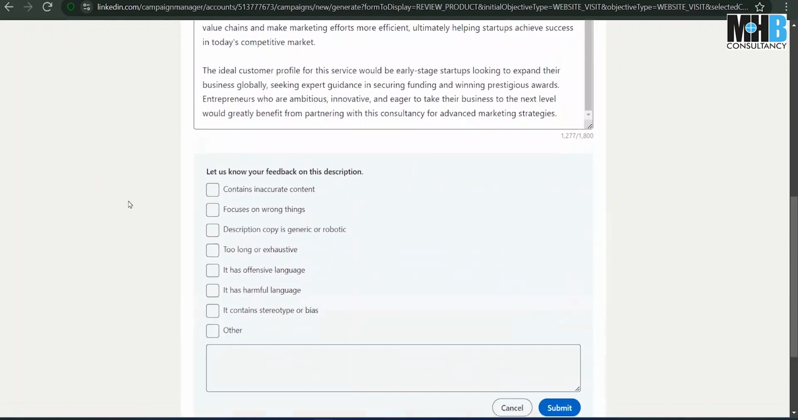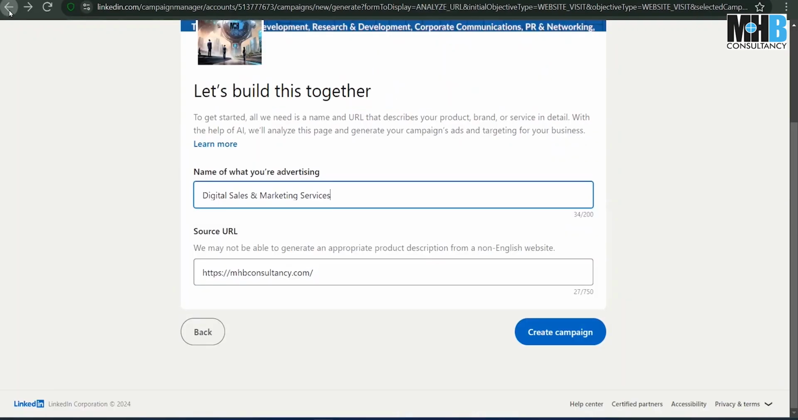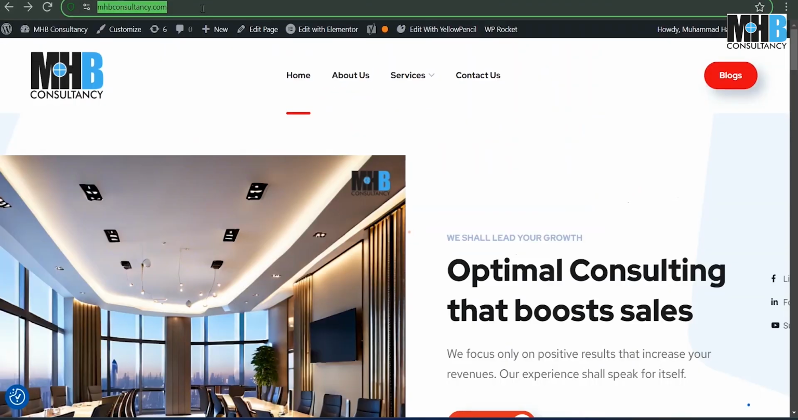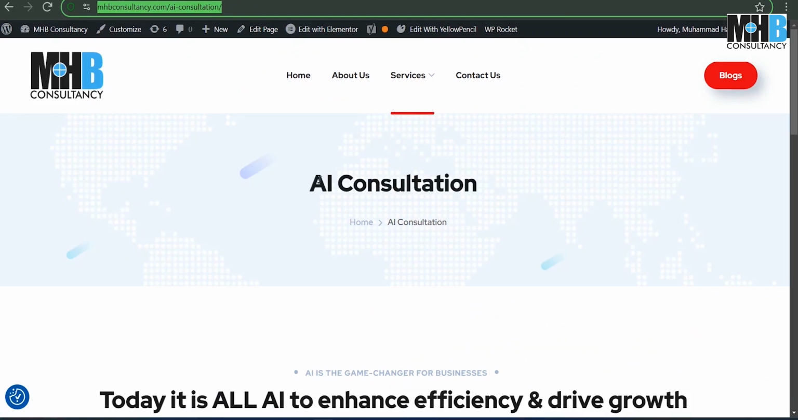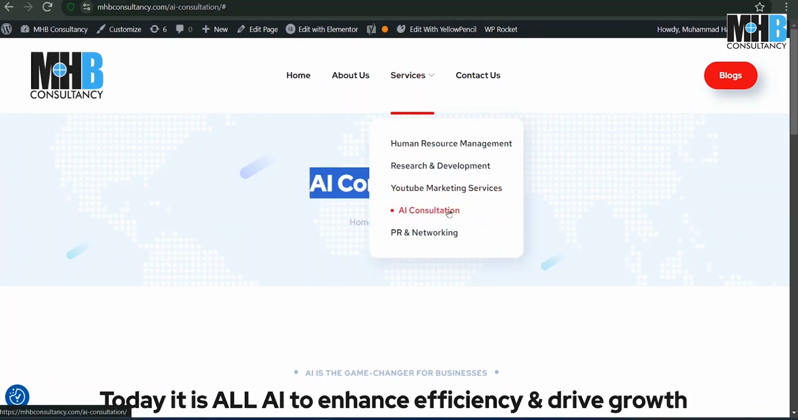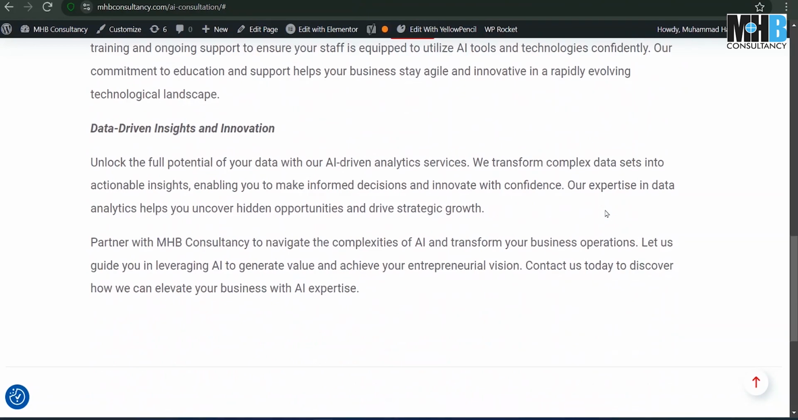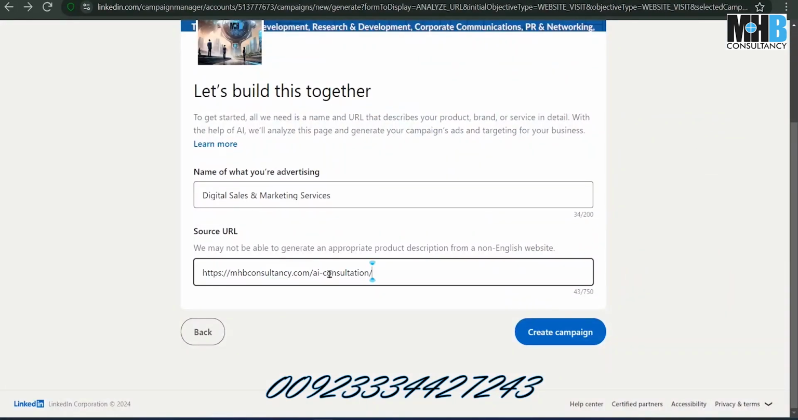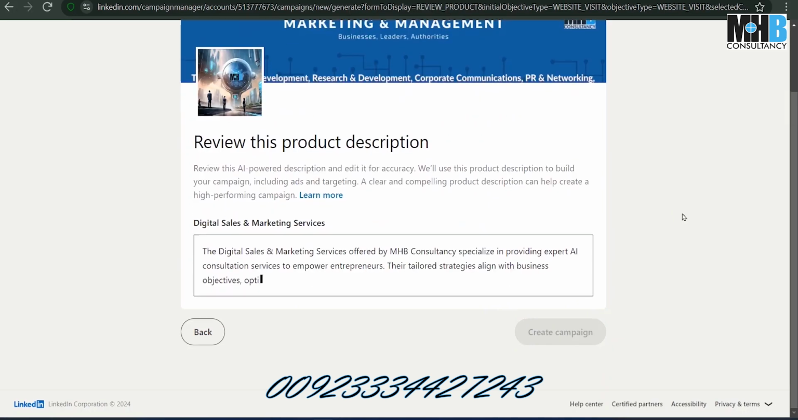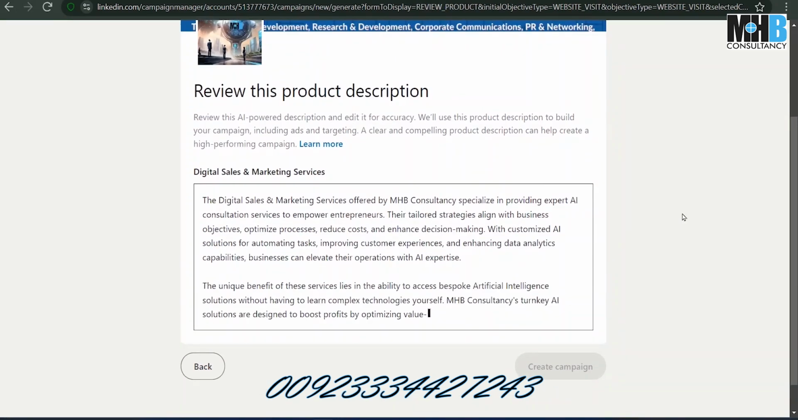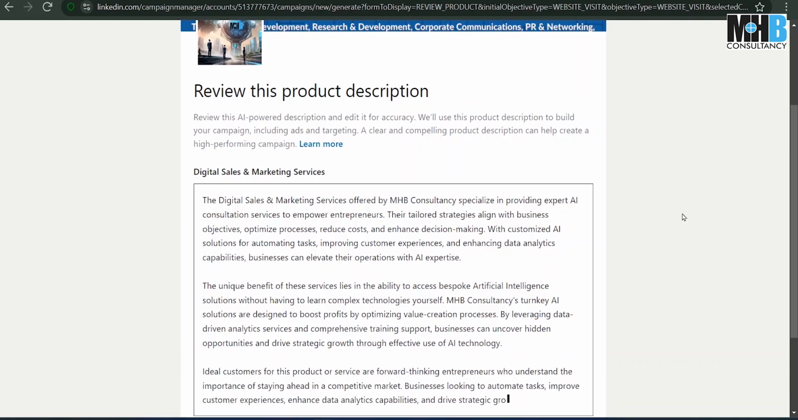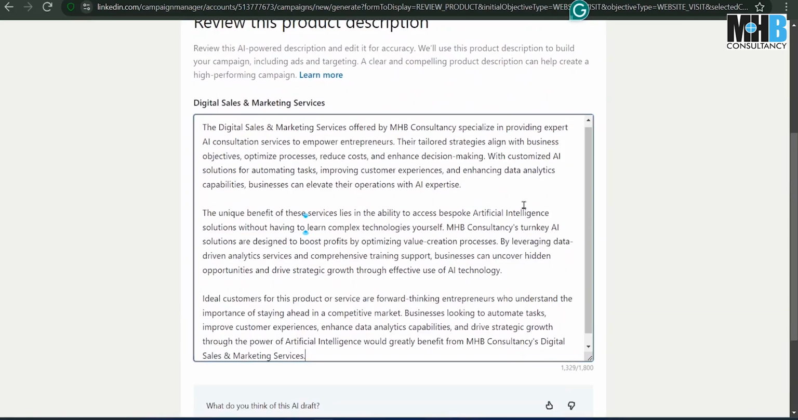We can give any of the following reasons, but what we do is the easiest step. We come back, we go to the specific page of AI consultation, where we talk about how we use and guide AI for our clients so that they can leverage it for themselves. Meaning that they get proper AI consultation on how to use AI for their specific objectives and targets. So when we paste that link over here, the AI with Microsoft generates a much more concise and accurate description